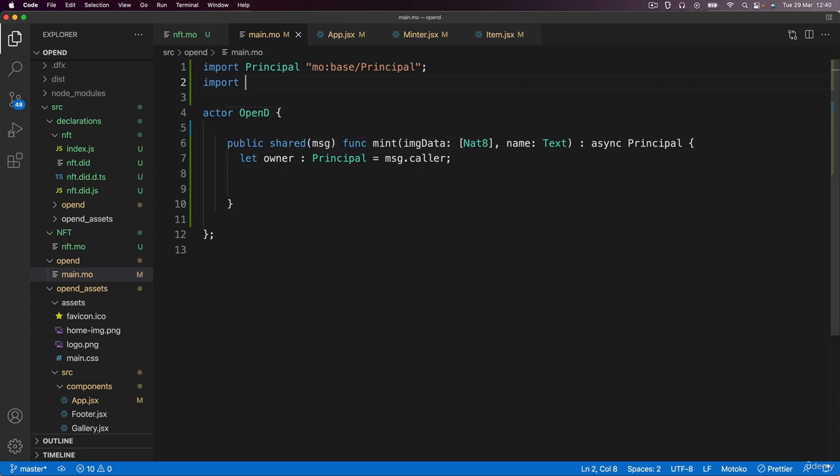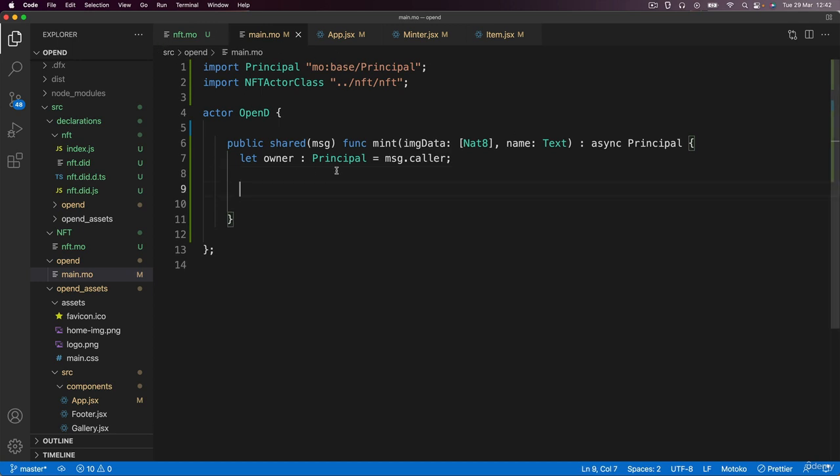I'm going to say import, and then I'm going to give that file a name, which I'll call the NFT actor class. And we're going to be able to find it by going one step up, so .., and then going into the NFT folder, and then /the NFT file. So now all the errors should disappear because it can actually see that nft.motoko, and we can use it here